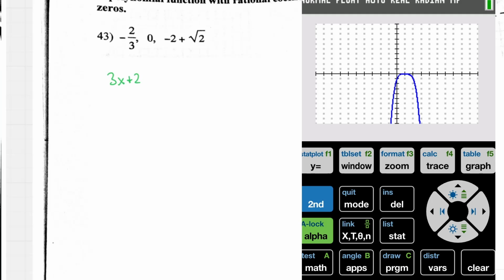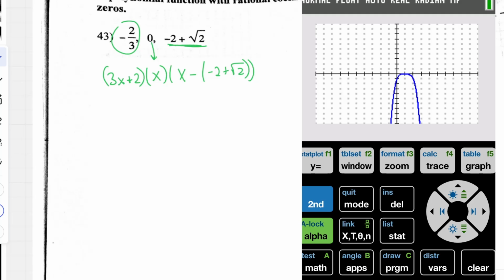Oops, should be plus. And if I'm a little unsure about that, I could just take the extra step and set it equal to 0 and make sure I get this as an answer. 2/3. Yeah, it comes out to the correct 0. This one's just going to be an x. And then this one's going to be x minus, and I've got to be really careful with that negative. And this one,